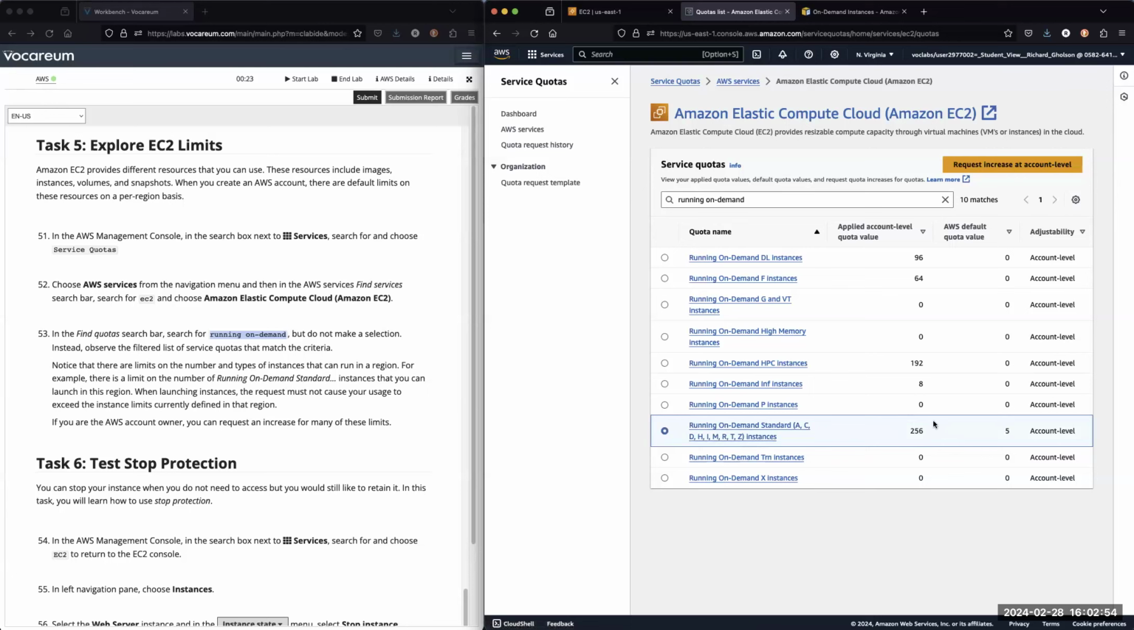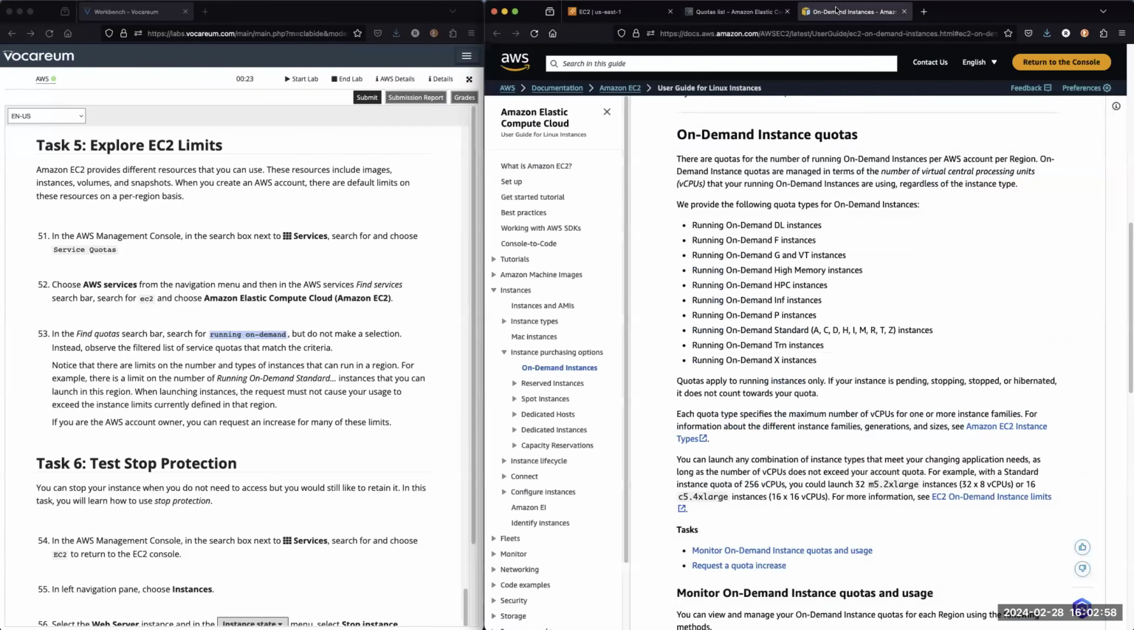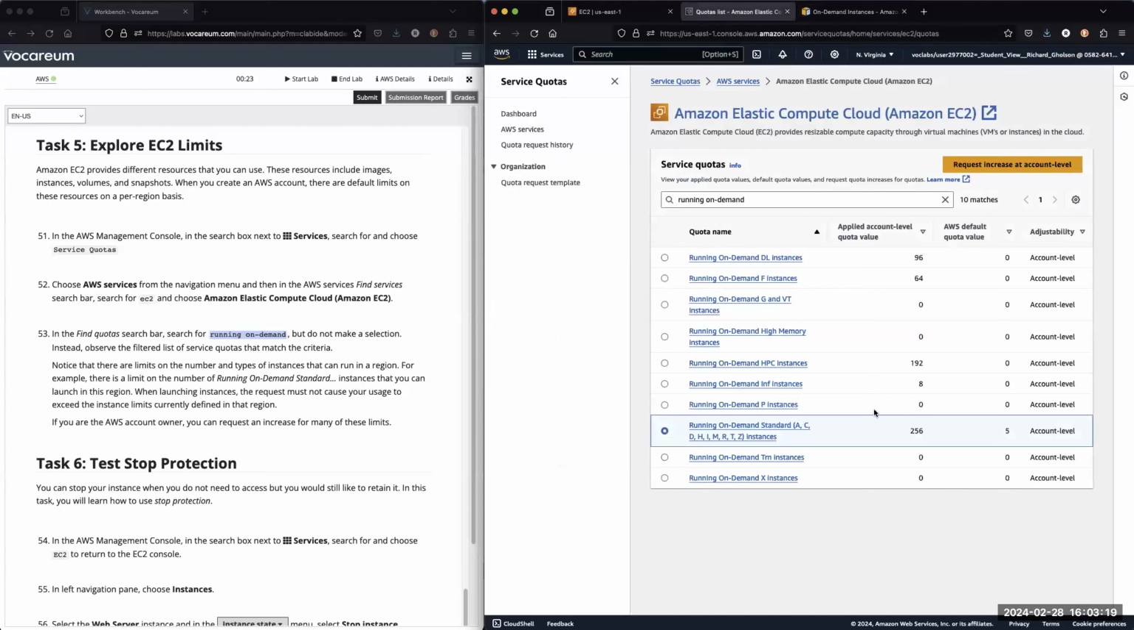Notice it says 256. Now, that can be a little deceptive because when AWS provides quotas for those running on-demand instances per AWS account per region, they're managed in terms of the number of virtual central processing units, virtual CPUs, that running on-demand instances can consume. So when we see 256, that's a number of virtual CPUs